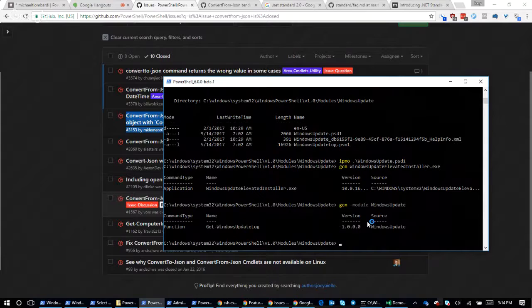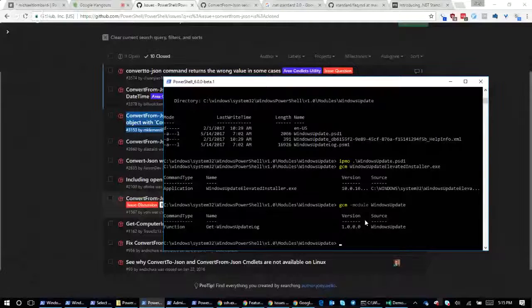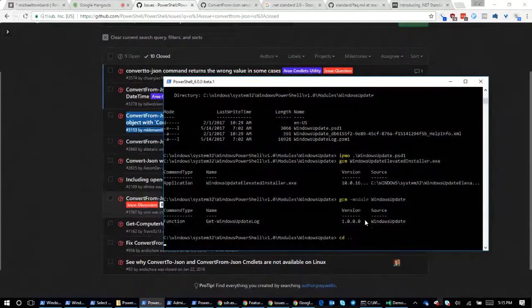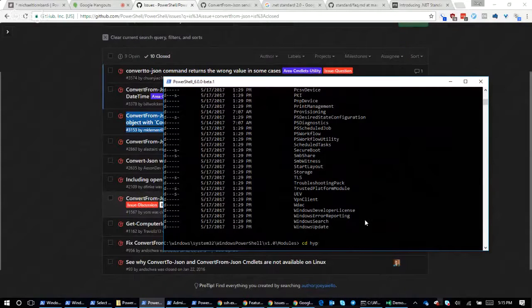On the other side, there's one major hurdle, and I say you can't do this exactly verbatim today. The major hurdle is that there is no concept of a GAC in .NET Core. The GAC is the Global Assembly Cache. It is essentially a registry or a manifest of DLLs that are globally accessible to every .NET application on a machine, right? So today, if I go and try to load Hyper-V, which I don't have on this machine because it's not running Hyper-V,